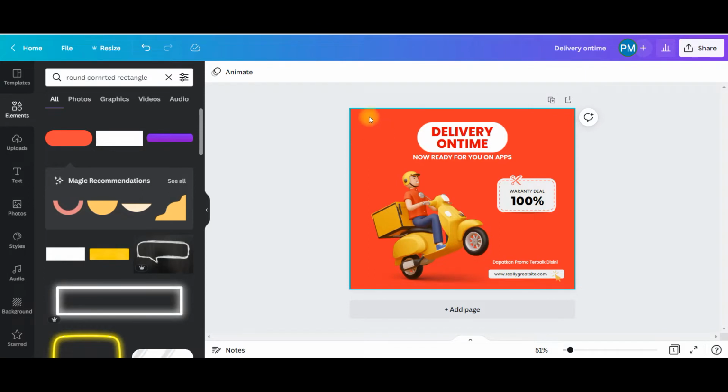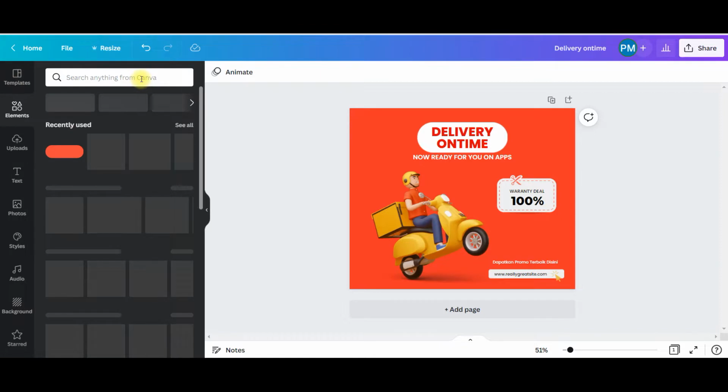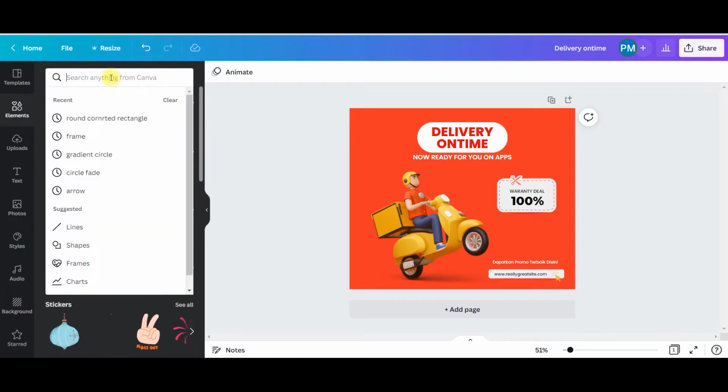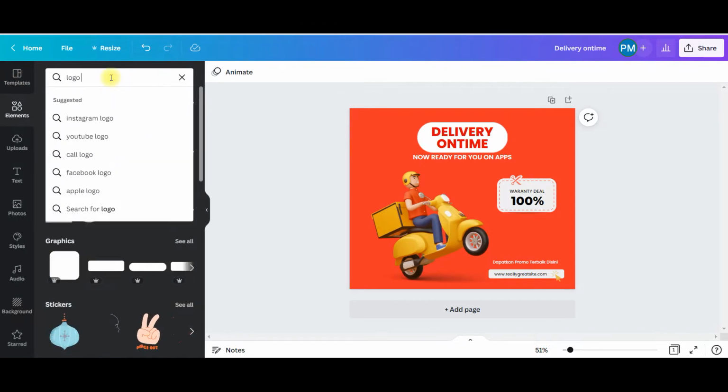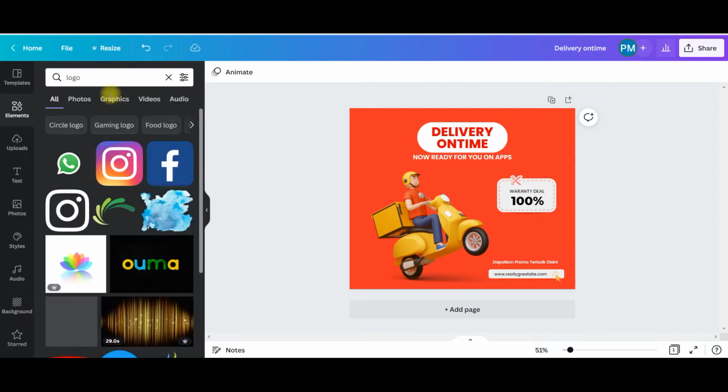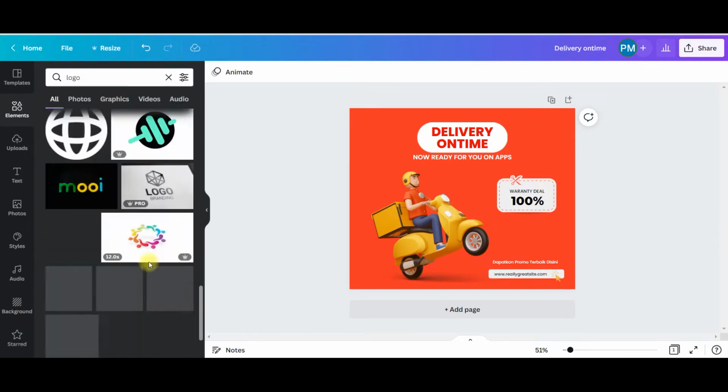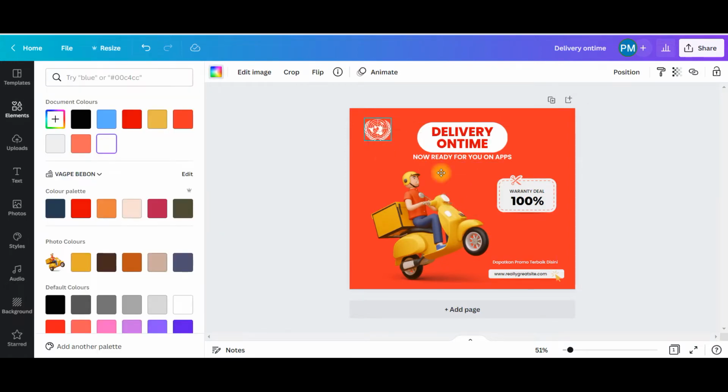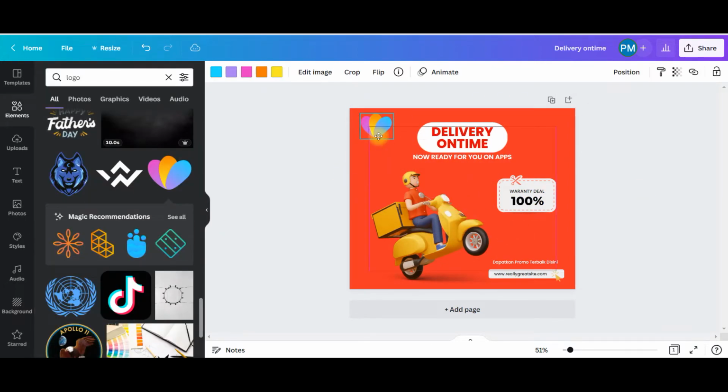I can add my logo here, so I can come here and search delivery logo in elements. Okay, or else I'll just type logo and choose it. I'm making a delivery post for my delivery channel or page, right?